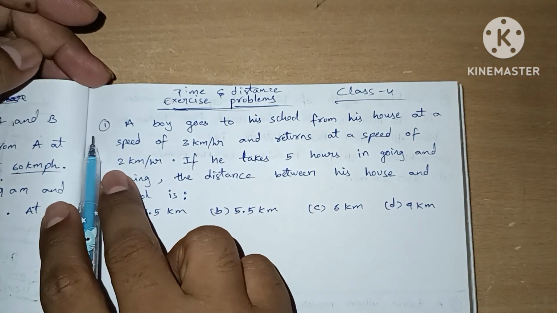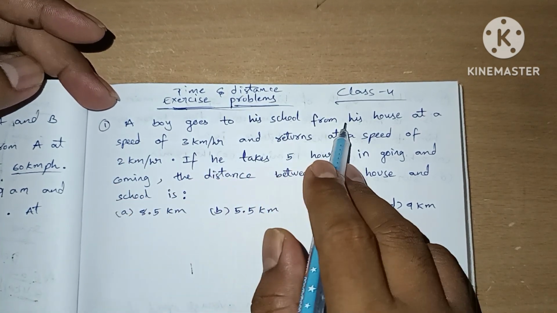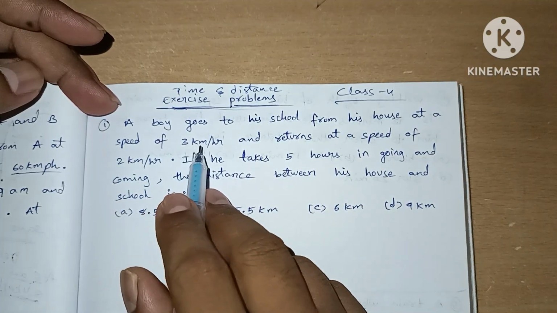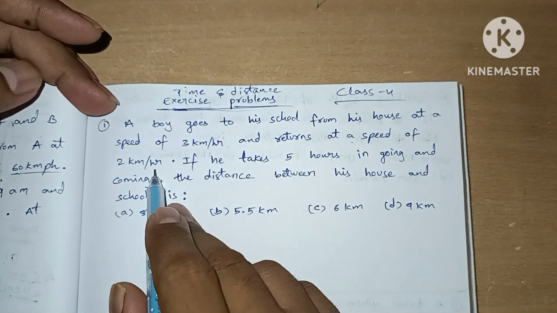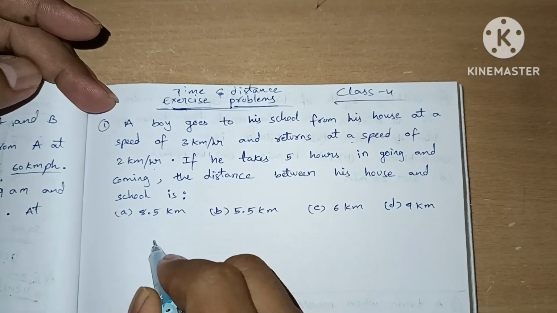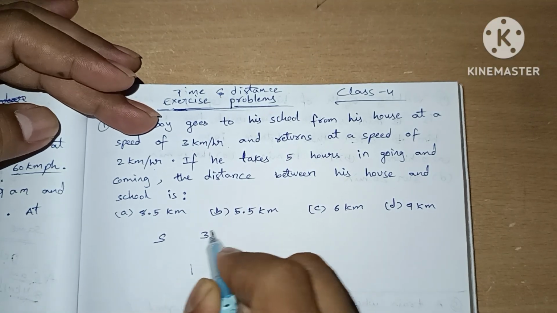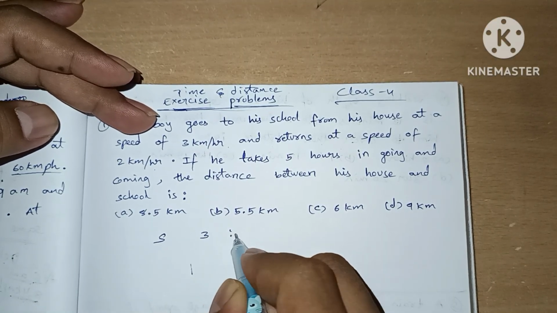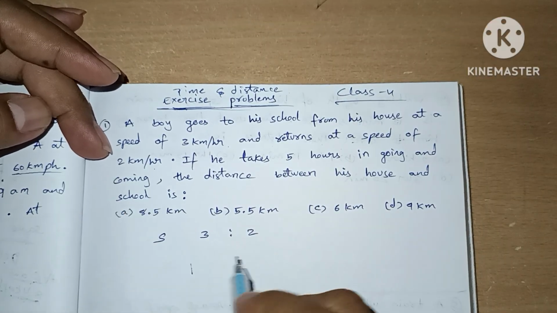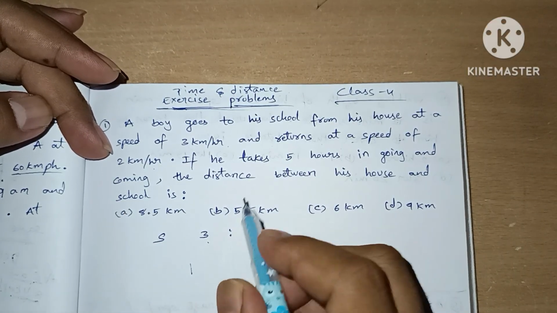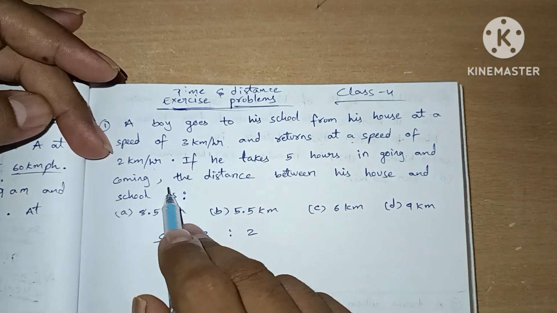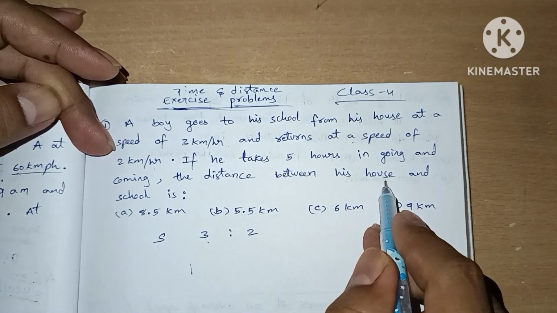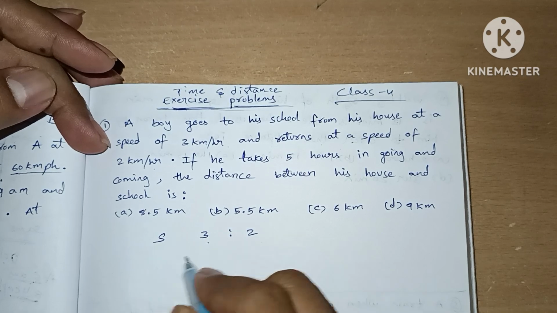Let's see the first question. A boy goes to his school from his house at a speed of 3 kilometers per hour and returns at a speed of 2 kilometers per hour. So we have two speeds: 3 kilometers per hour and 2 kilometers per hour. Okay, we have a 3:2 ratio. If he takes 5 hours in going and coming, the distance between his house and the school is